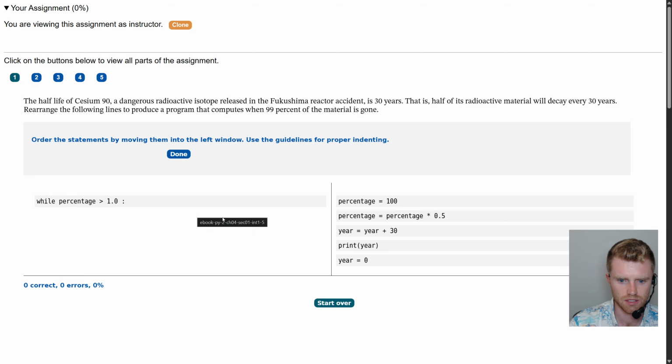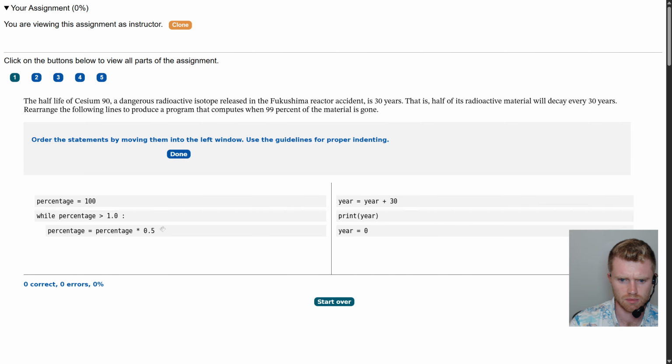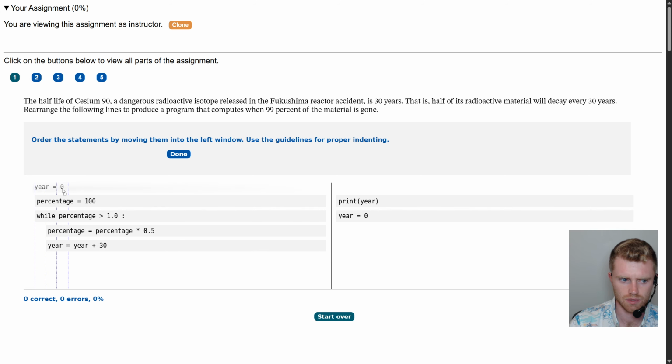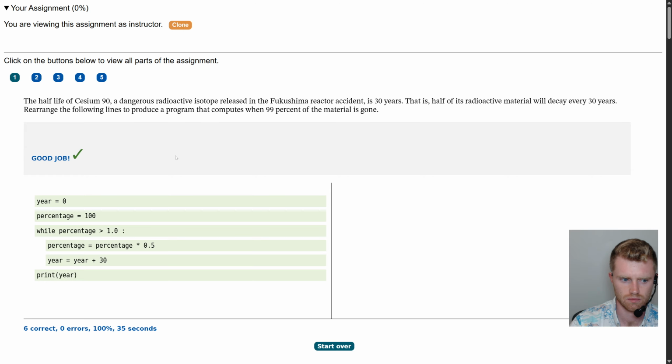While percentage is greater than 1, percentage starting at 100, percentage equals percentage times half, year equals year plus 30, year equals 0 at the beginning, print year. So let's see, we're setting year to 0, percentage to 100, while percentage, okay, when 99% is gone, so